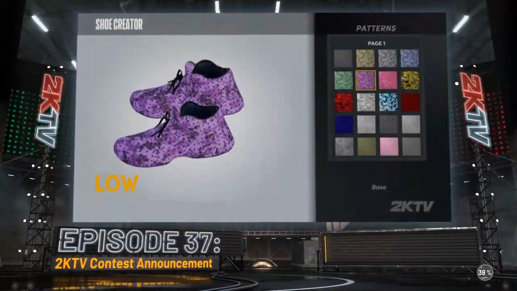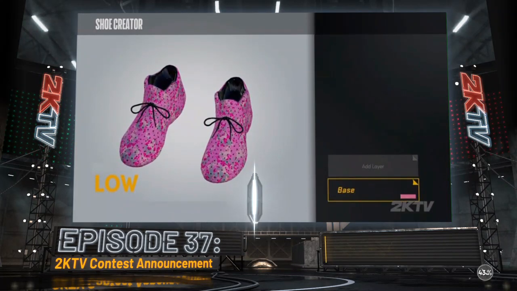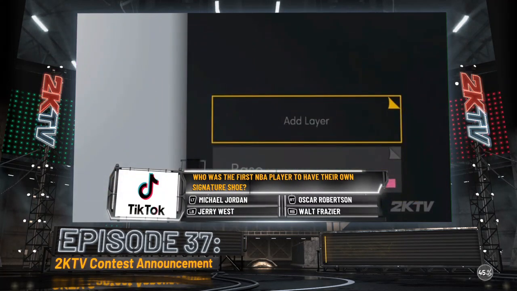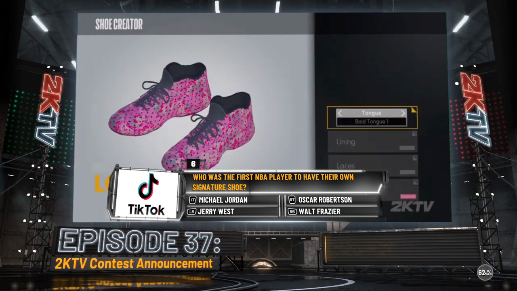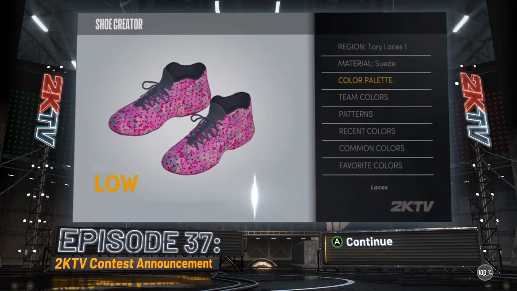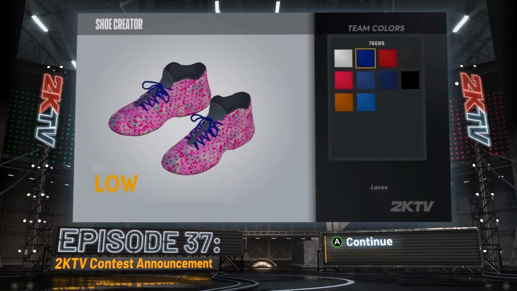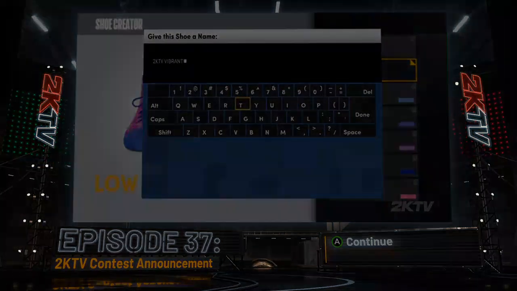Start with the base of the shoe and then work your way through other layers you want to add by simply hitting the Add Layer option. With this feature, you can make changes to the shoe's laces, lining, tongue, and more. The more layers you add, the more you can customize your shoe. And each layer comes with the unique ability to edit the region, material, color, and pattern. Now that you know how to design a shoe,